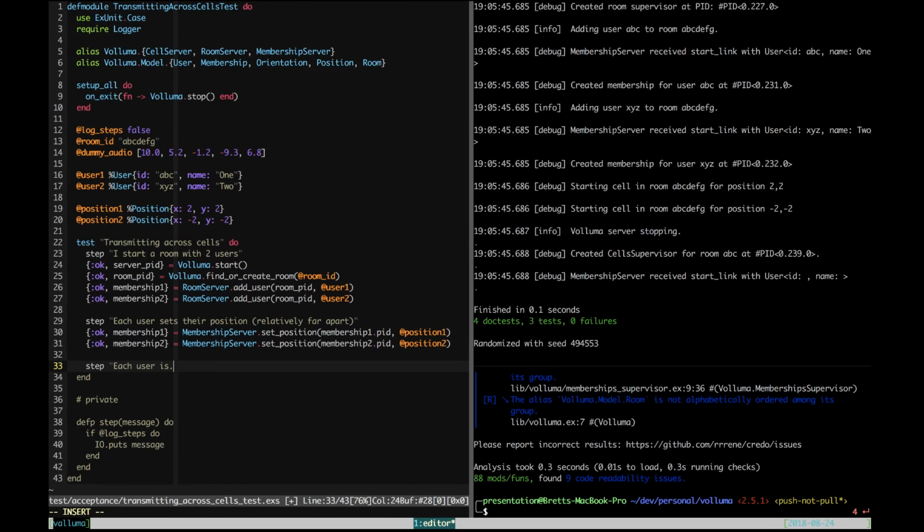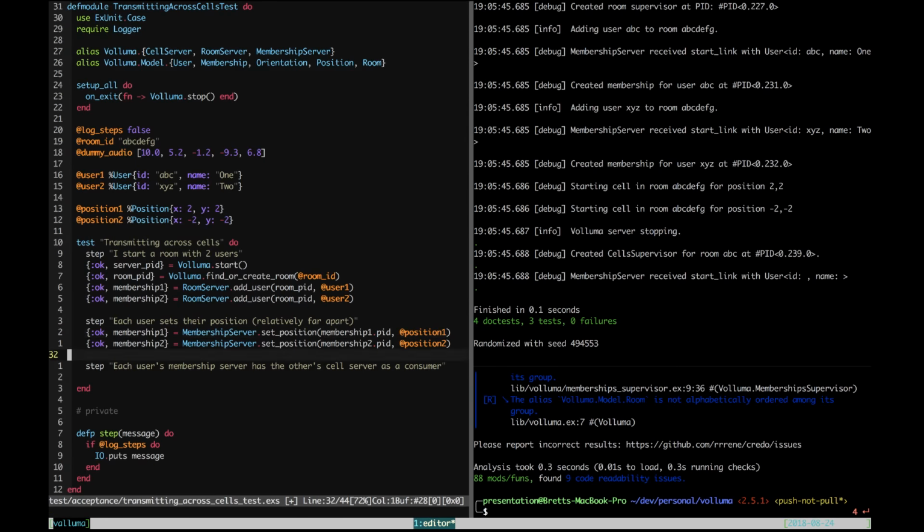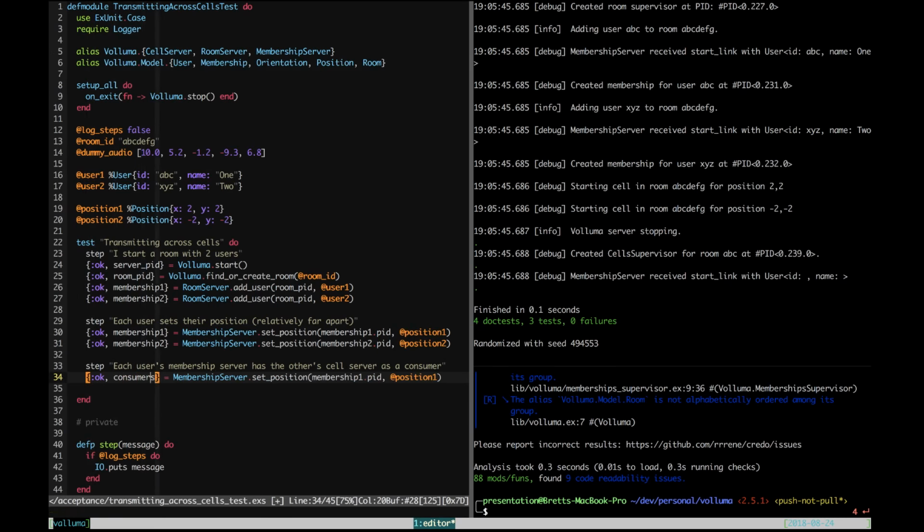Each user's membership server has the other's cell server as a consumer, right? I think what we did is we said consumers get consumers. I think actually I just want to